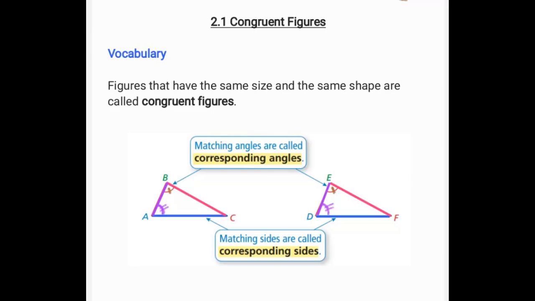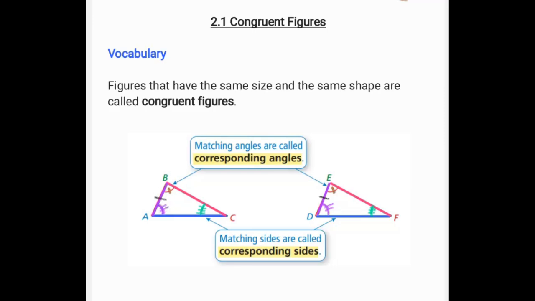And we also have an angle C, which we can show in this part right here, and we could have three dash marks. That's different, because then angle F has exactly the same measurement, and so those angles are corresponding. On the outside legs of the triangle, we have side AB that is corresponding to side